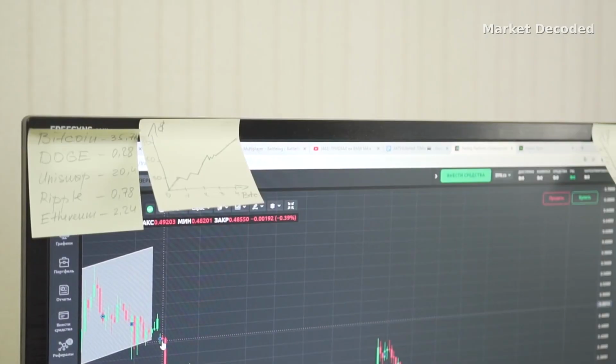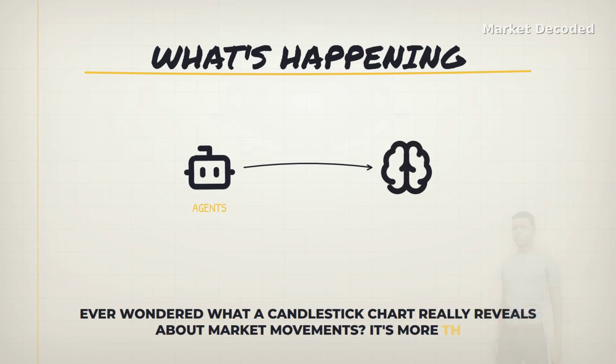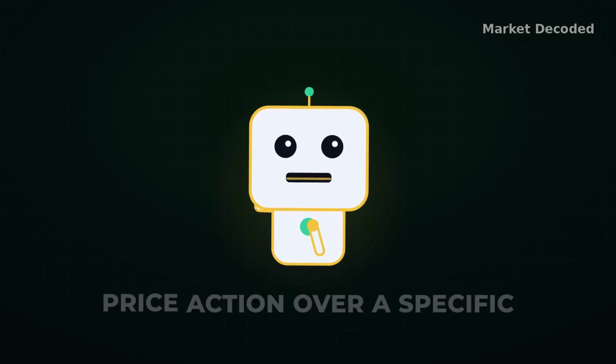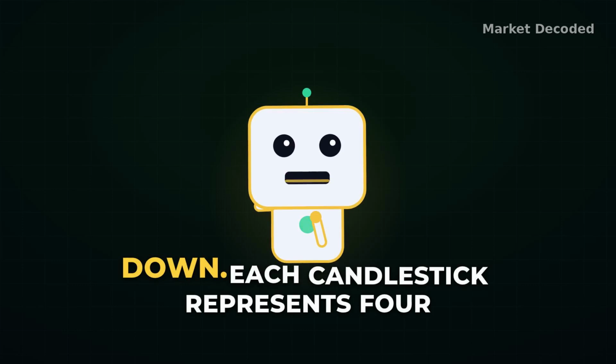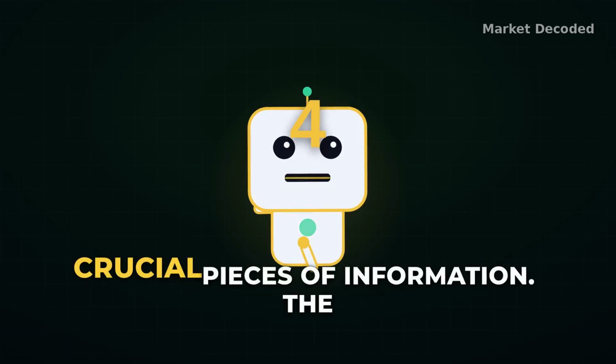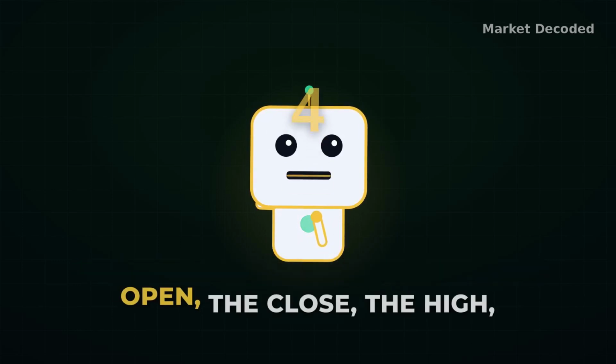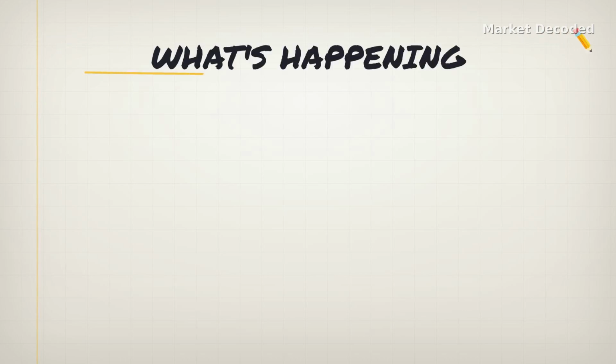Ever wondered what a candlestick chart really reveals about market movements? It's more than just a series of colored bars. At its core, a candlestick chart offers a snapshot of price action over a specific period. But let's break that down. Each candlestick represents four crucial pieces of information: the open, the close, the high, and the low prices for that